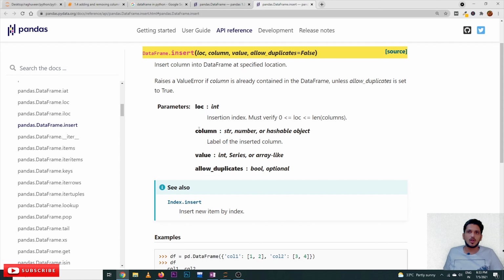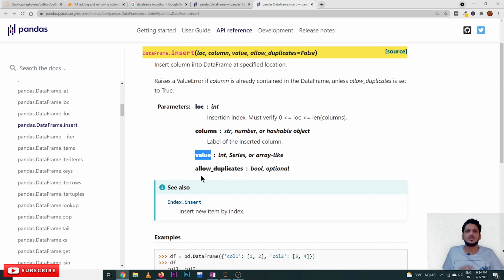Coming to the second parameter, column. What this column says is the name of the column that we have to consider for the new column. Whatever you want to insert, the column name should be mentioned at the column parameter. And the next one, whatever values are present in the column should be provided in the value place. As for allow duplicates, we will understand that with an example in our coming examples.